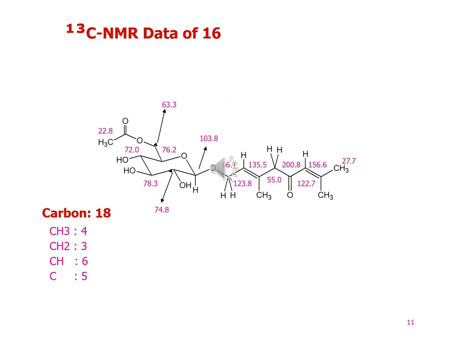This is the C13 NMR spectral data of compound 16. The C13 NMR spectral data shows a total of 18 carbon atoms, which is confirmed on the basis of broadband and DEPT, in which there is a presence of 4 methyl, 3 methylene, 6 methine, and 5 quaternary carbons. The signals which resonate at 74.8, 78.3,